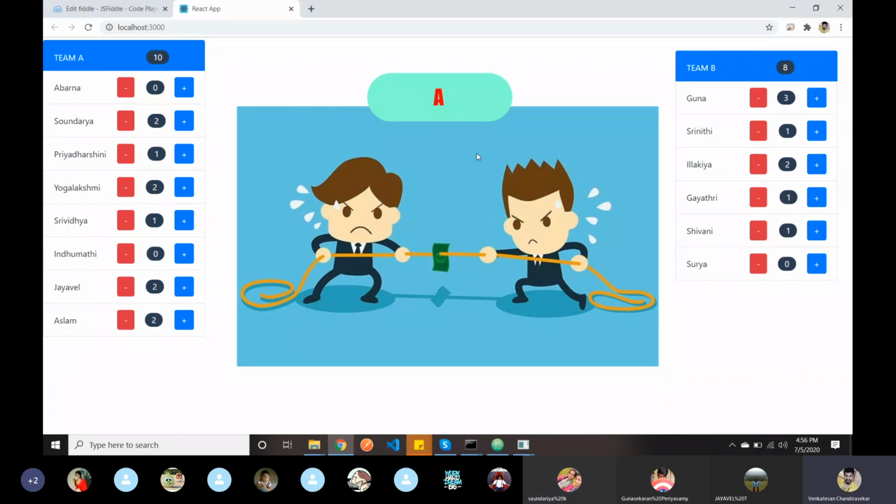Fat arrow function is an ES6 function. Without knowing the concept, we are moving into the project. Fat arrow functions, const, let, import. Before they used require, now they use import.